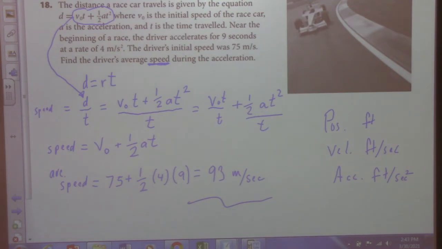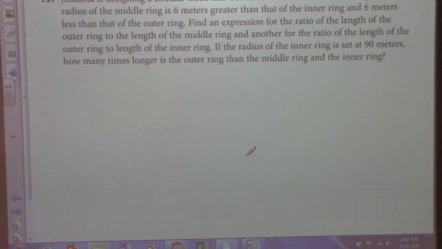So let's go ahead to number 19. We have Juliana designing a circular track that consists of 3 concentric rings. What does concentric mean? Well, centric means center. Con means with. So with center. It's related